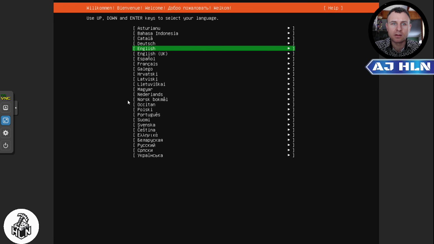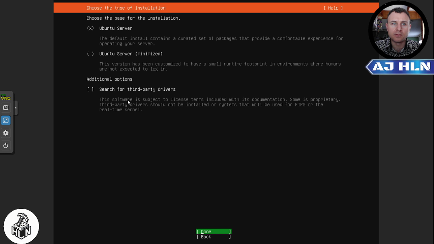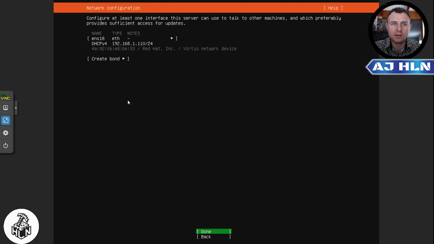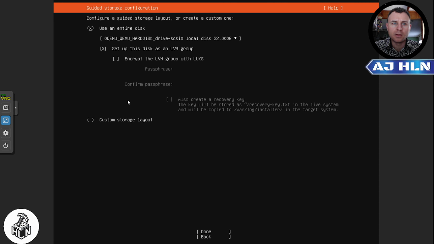Right, so now we're going to select our language. English, keyboard layout, done. Install, yes, done. It's going to select our IP address. Done. Click done. And I'm going to select the entire disk here. This is where you can set up your partitions and just customize your storage. So once you have customized your storage, click done,